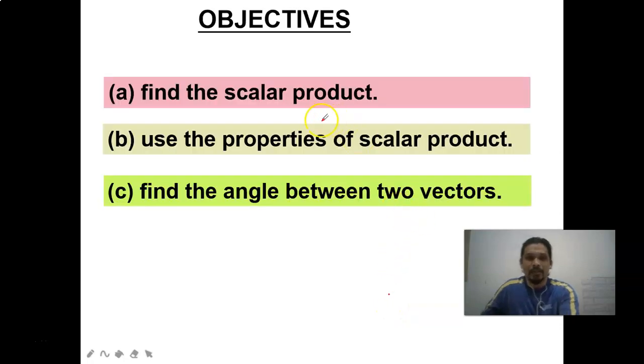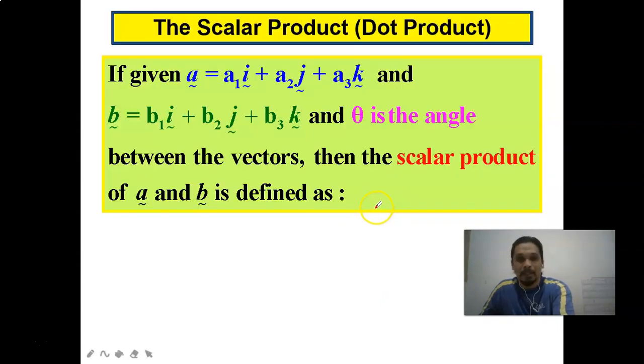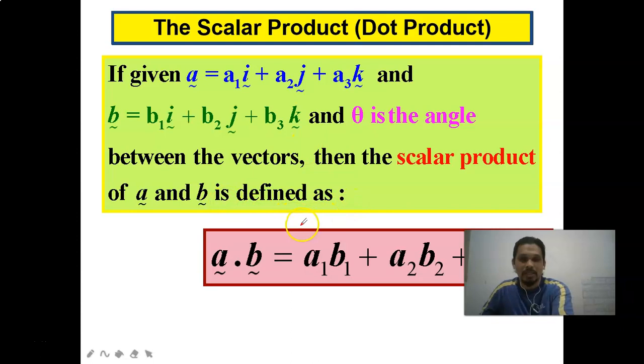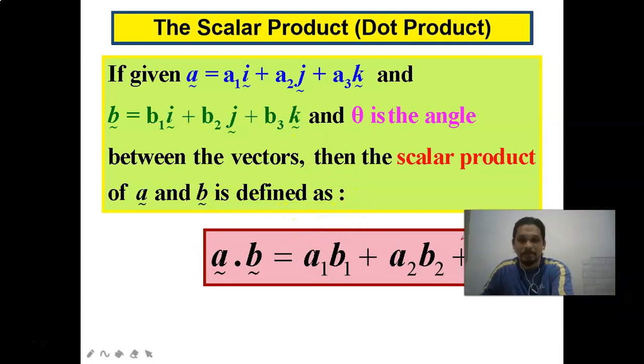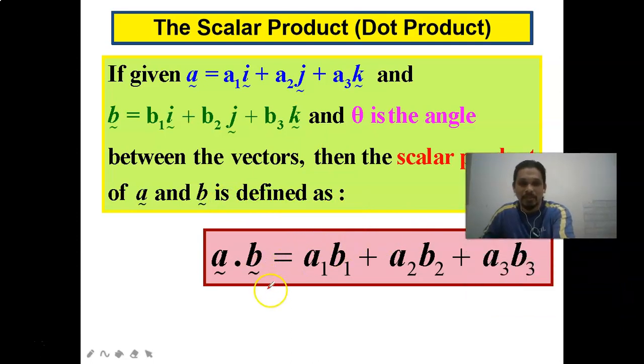Okay, for the scalar product, we're going to find the scalar product, use the properties, and find the angle between two vectors. Given vectors A, as you see here, and also B, and theta is the angle between the vectors, the scalar product of A and B is defined as you see on the screen here now,